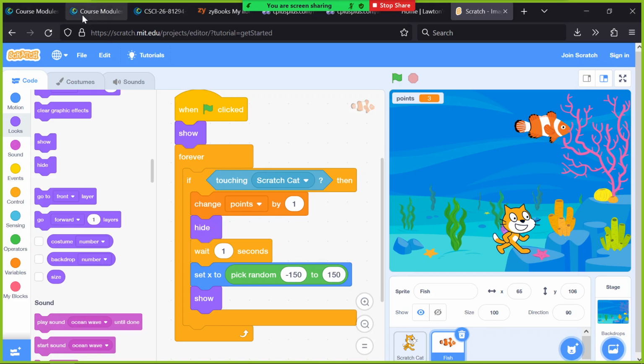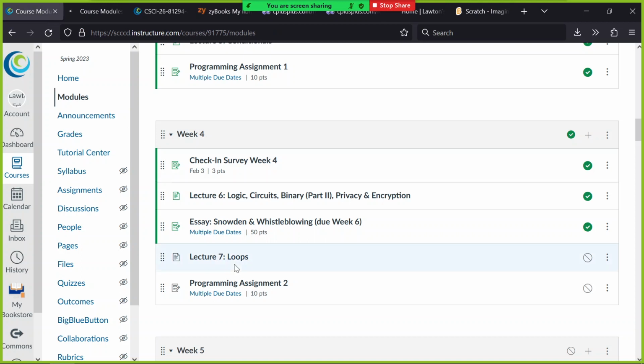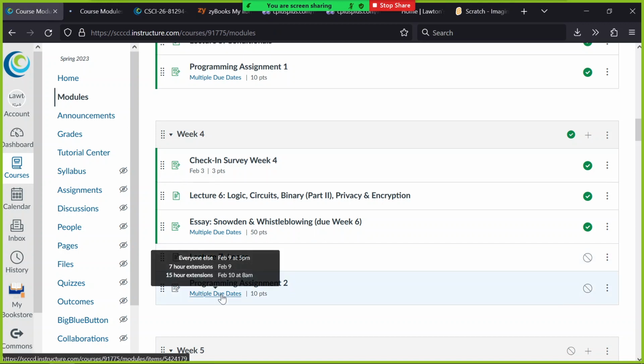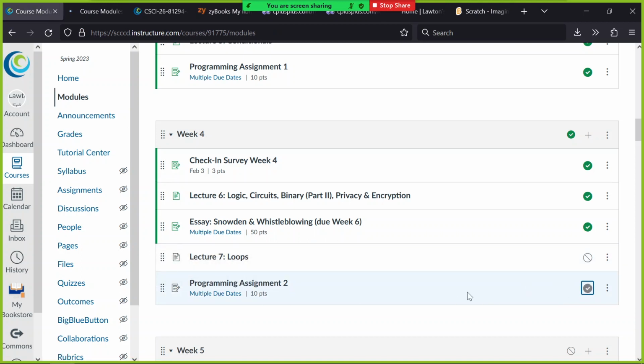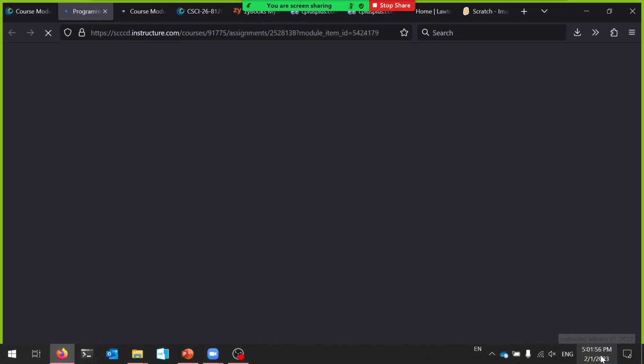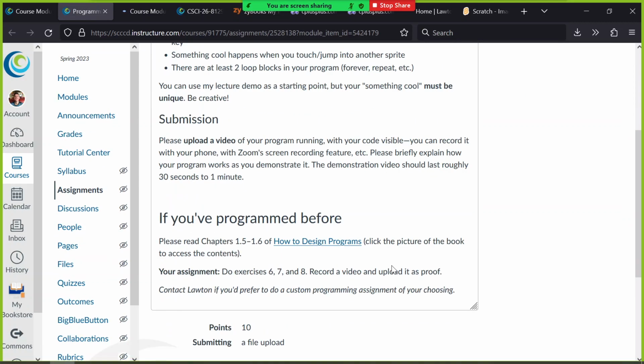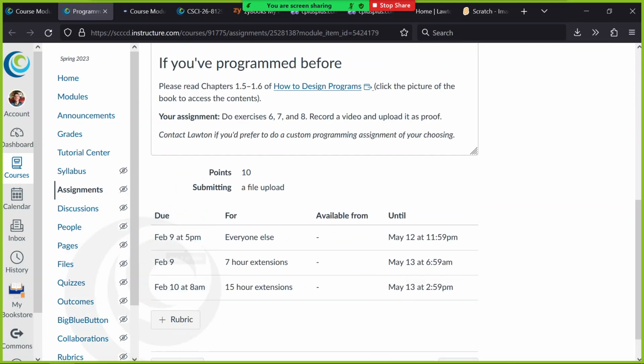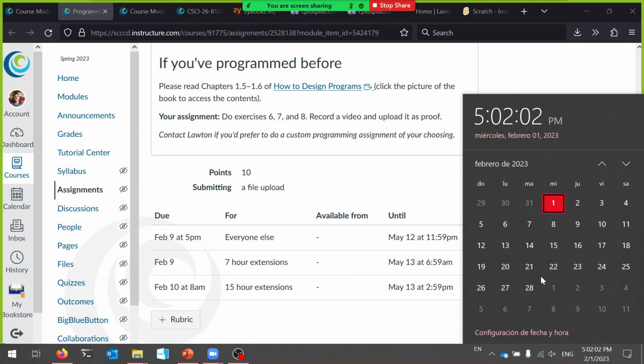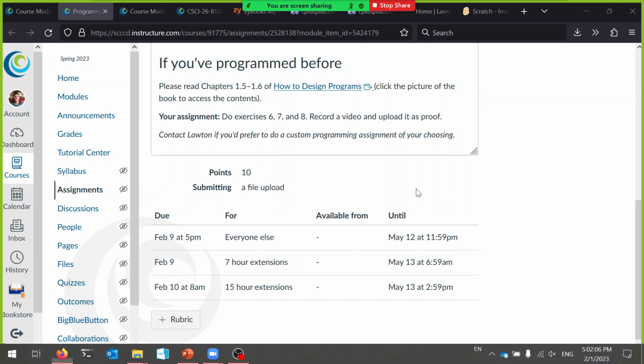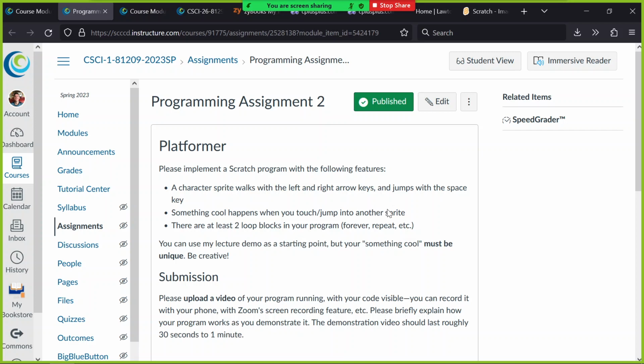Let me next talk about your next programming assignment. So you got one due this week, I think. So here's your programming assignment 2, because they started at 0. It's technically your third one, right? So this one's going to be due on the 9th. So another 1 week programming assignment. So a week and a day from now. And here are your